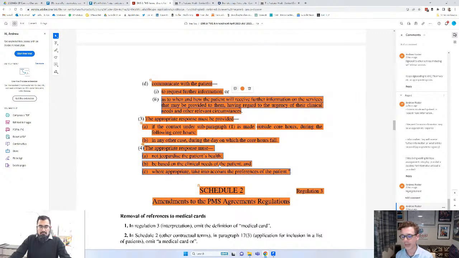Based on the clinical needs of the patient, I think we would always endeavour to try and follow that, and not jeopardise the patient's health. And I know there's been quite a lot of discussion about the implications of that statement flying around today, and a large part of that is about what they actually mean by jeopardise and where that statement draws the